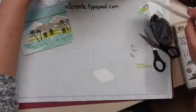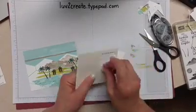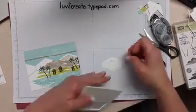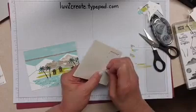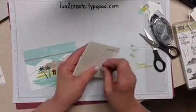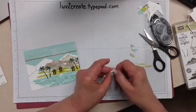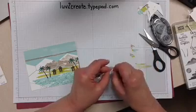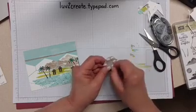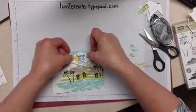Okay, and since we have the twine, I am going to go ahead and put dimensionals on this one. And I want to remember that that twine is there, so I'm going to actually put that so the twine will go around and it'll lay down nicely. Okay. Now these are a little bit hard to get off sometimes. And I usually use my little poker tool to help me with that, but I don't have it over here right now. Okay, so that's going to go